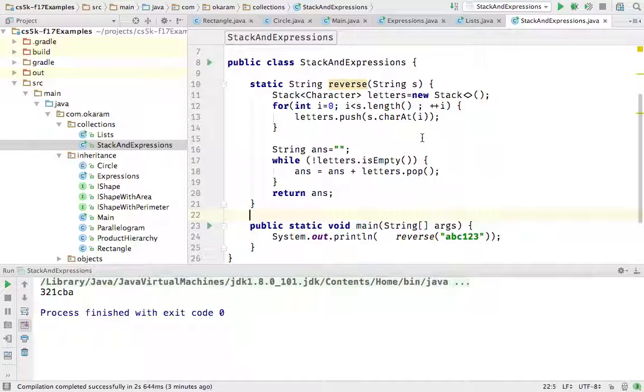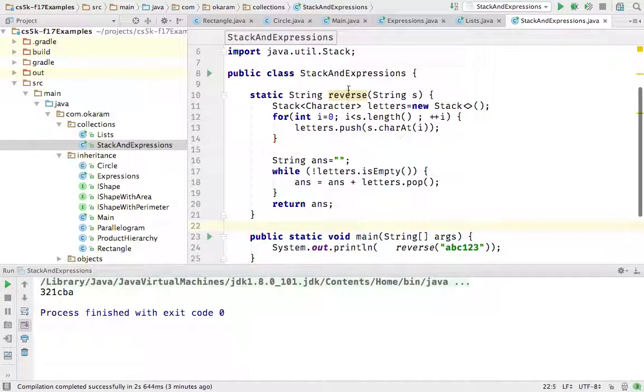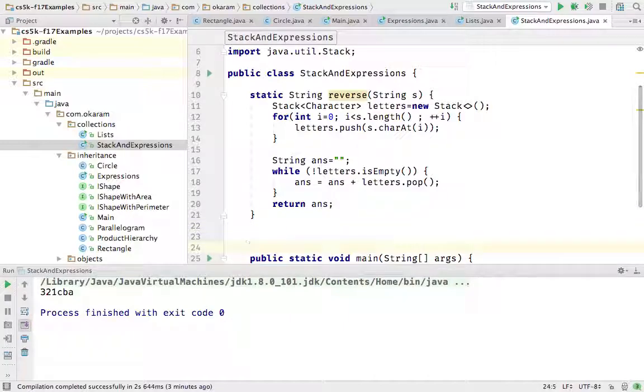So this would be how we reverse a string with pushes and pops, with stacks, which is horrible. But the one that I wanted to show is